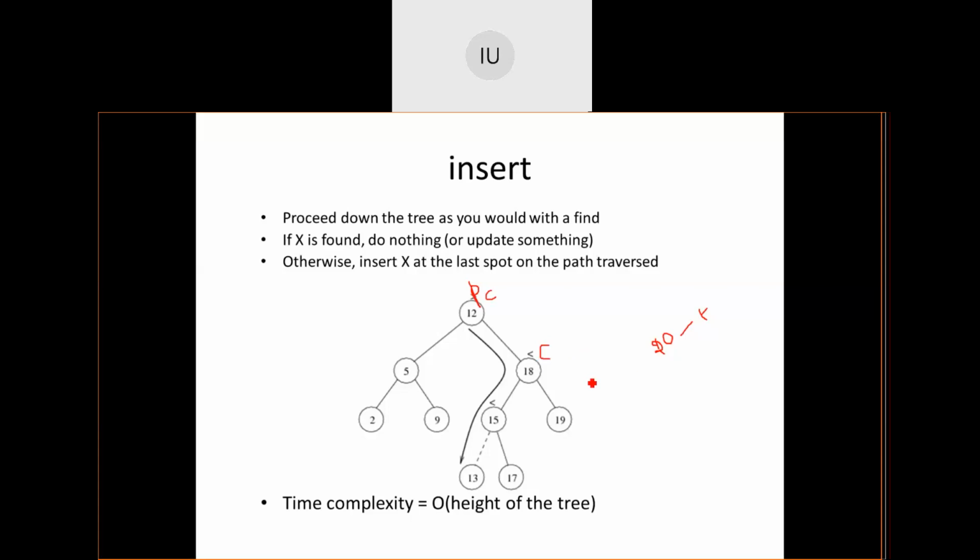20 lesser than current? No, it is greater. So previous comes here and current moves to 19. Current is equal to current arrow right. Then 19 compared against 20. 20 is greater than. So current moves into the right hand side and previous is here. At this point, current has become null, so no more comparisons required. The loop stops. At the end of the loop, previous will be holding the address of the node to which the new node is getting attached.